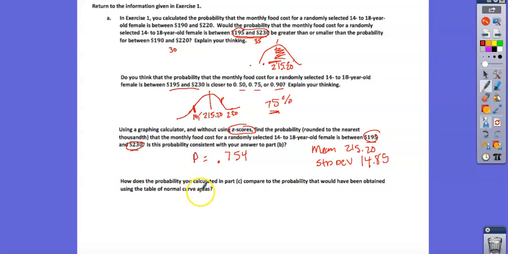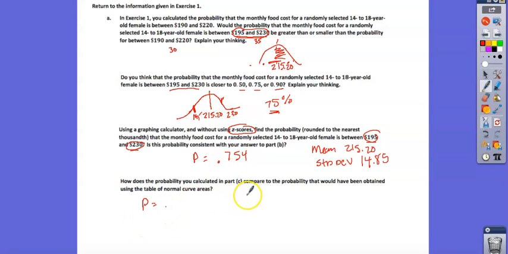Okay, how does the probability you calculated in part C compare to the probability that would have been obtained using the table of normal curve areas? So if you use the table, and remember the table has to be everything to the left, subtract this little piece over here. So you would end up with doing a probability of